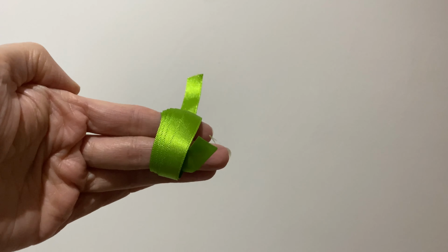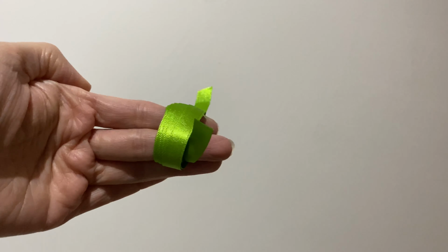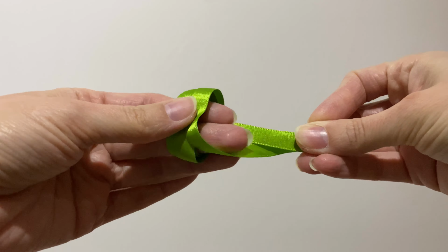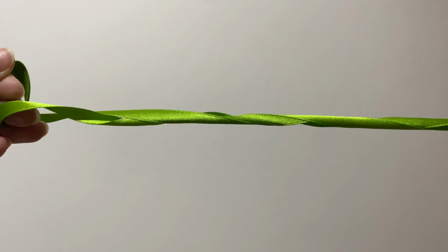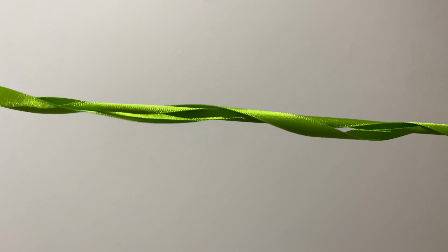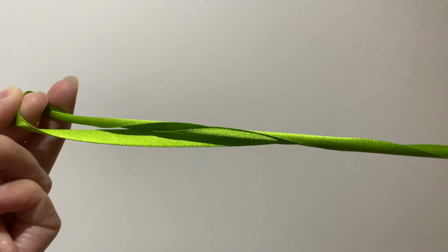Yes, ribbon is flat. A round yarn is going to behave slightly differently, but essentially the same sort of rotation is happening. So if I pull from either end of my centre pull ball of ribbon, you can see there's extra twist being added to it, but there's something even more interesting that happens in a moment. So I've kept hold of this end as though this is the end of the yarn where it's going